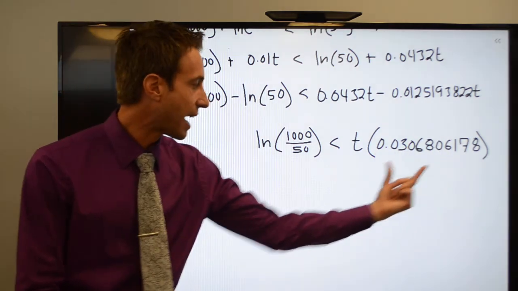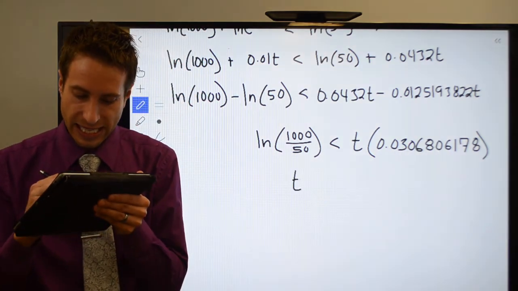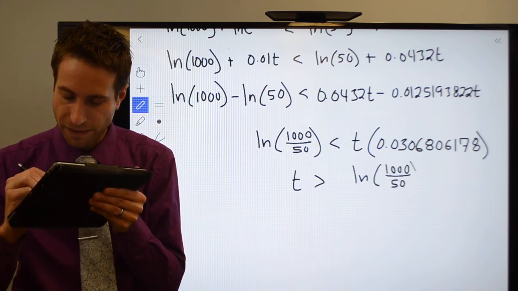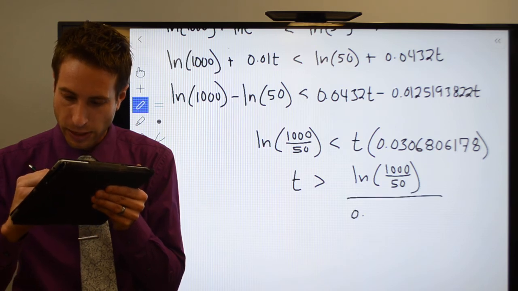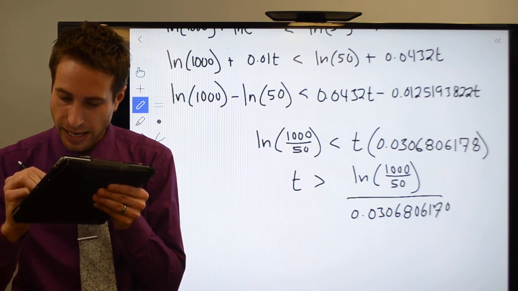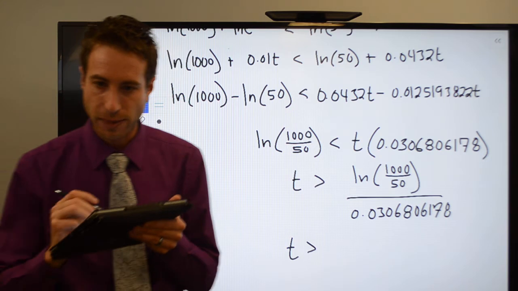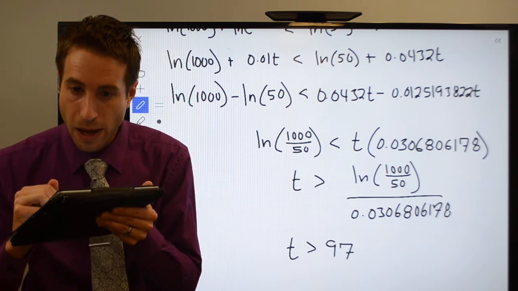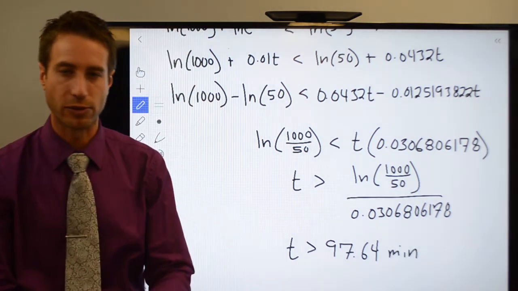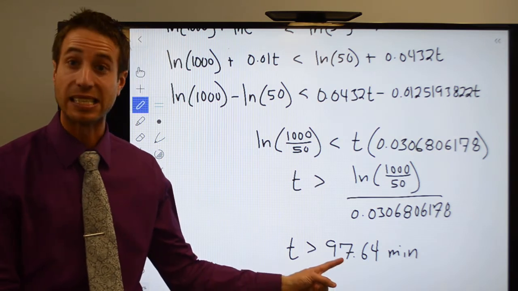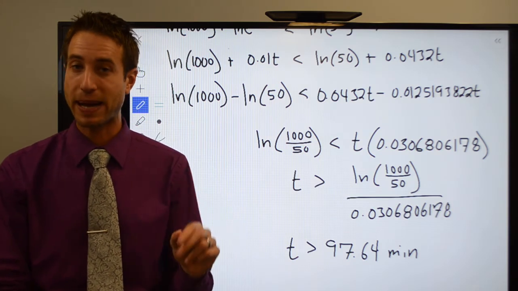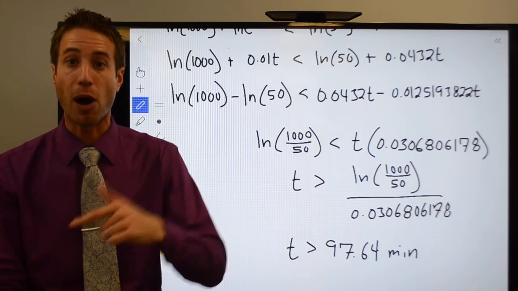Anyway, here we go. Divide this to the other side. We wind up with t is greater than the ln of 1,000 divided by 50, all divided by 0.0306806178. All right, this is a calculator problem. Don't fat finger something on your calculator, and you get 97.64. And remember, I told you up above in the problem that t is in minutes. So after 97.64 minutes, the population of that second bacteria culture has now exceeded the population of the